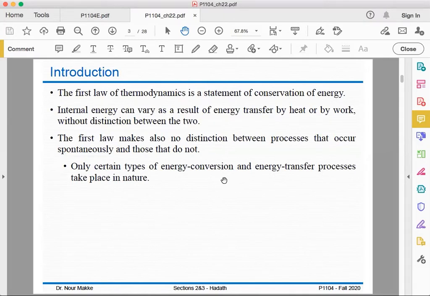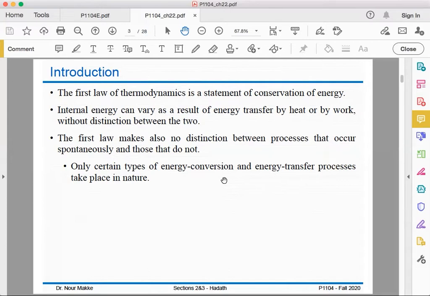So in the previous chapter, we introduced the first law of thermodynamics, and we saw together that this was simply a statement of conservation of energy. So in other words, the first law of thermodynamics states that a change in the internal energy of a thermodynamic system can occur as a result of energy transfer, whether by heat, by work, or by both of them. But this first law of thermodynamics makes no distinction between the heat and the work, although there is a difference between both. And also the first law of thermodynamics makes no distinction between the processes that occur spontaneously and those